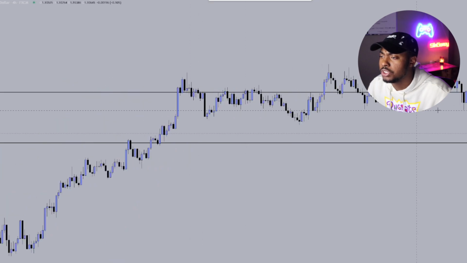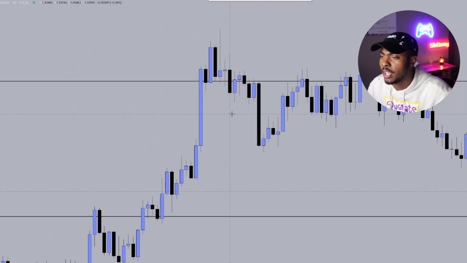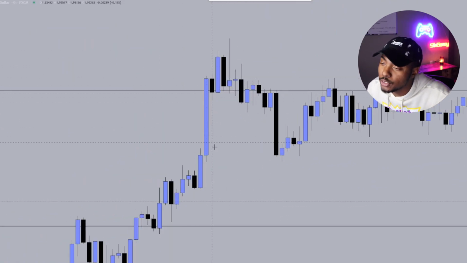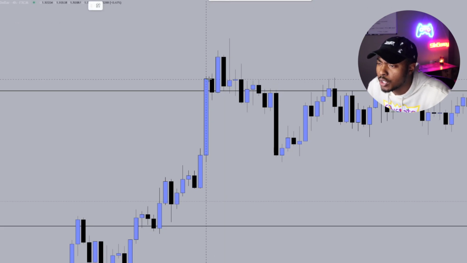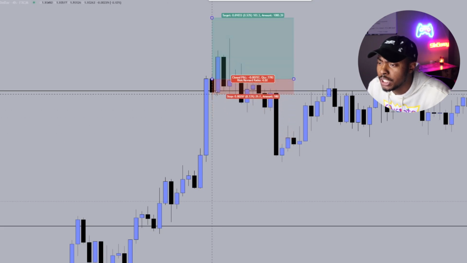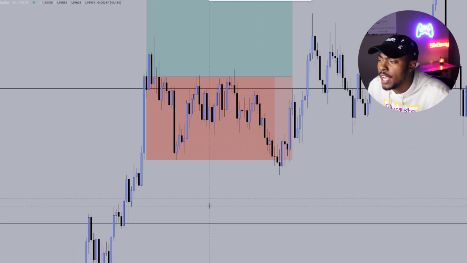Yeah, let's just use this one for instance, I guess. Let's just say we assume that when price came up here, it was going to sail back down. So we got in for a buy right here on the close of that candle as we entered this zone, instead of waiting for rejection. And then we put our stop loss all the way down here, and our take profit would have been somewhere above here, but it doesn't matter because once again you got smoked like a turkey,